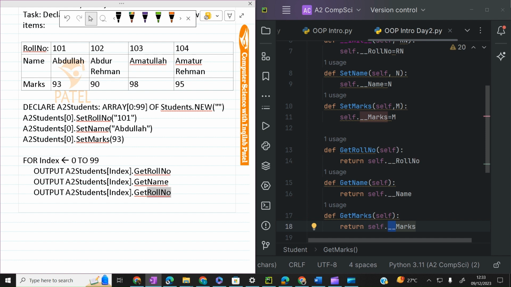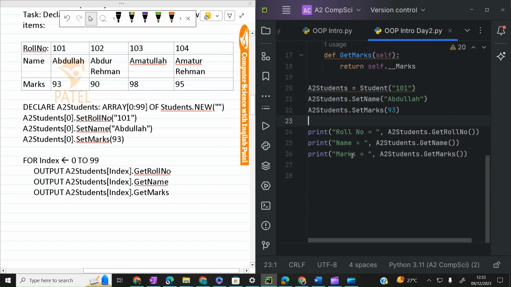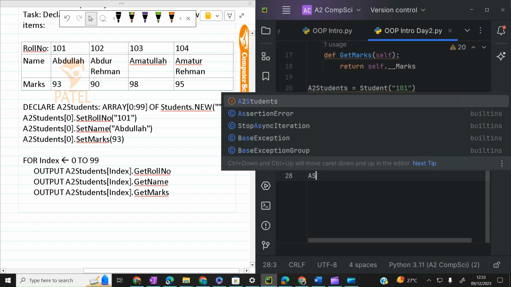ठीक है बेटा, this is the way we are using arrays of objects. अच्छा, how to do this in Python? In Python too we will declare it. Now, how to declare? Suppose here I am not using A2, I am using AS, so to differentiate. So we will write down AS students